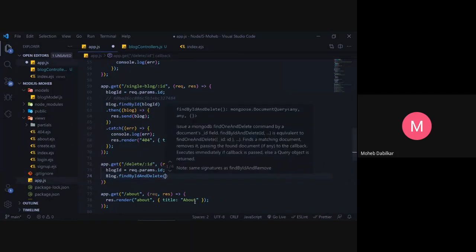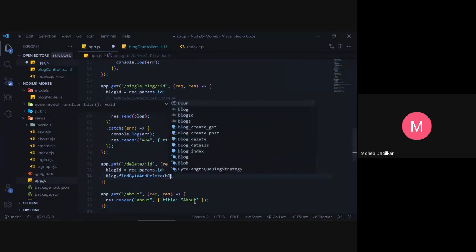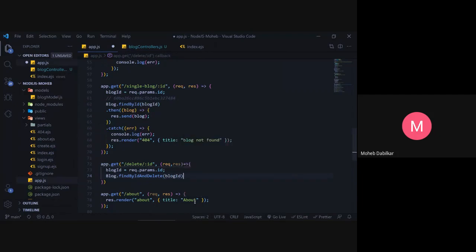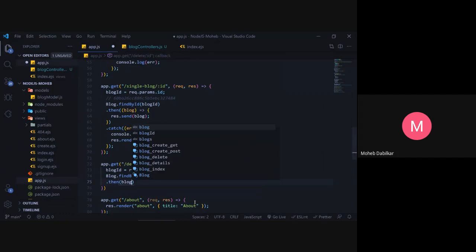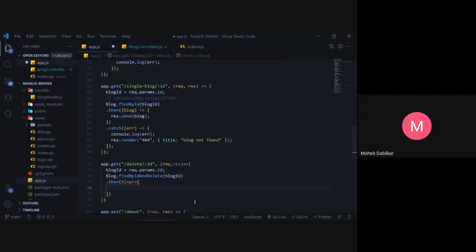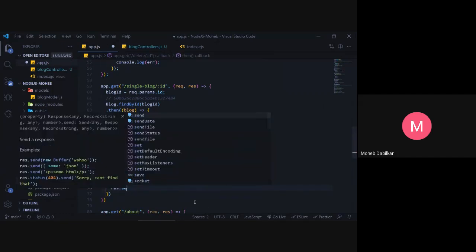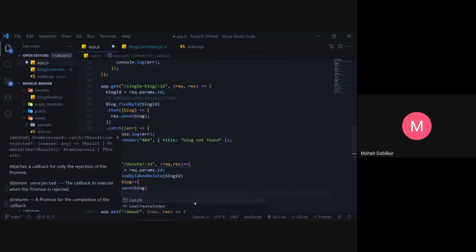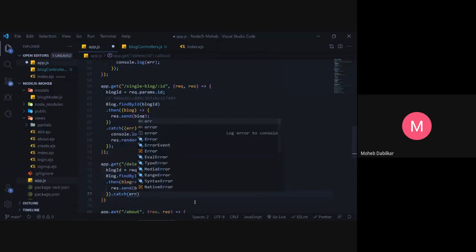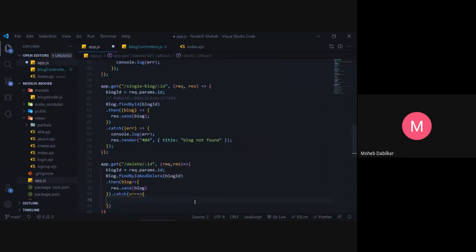Okay, and then we want to pass in the blog id, and then essentially everything is just the same. Then we get the blog, and then we will say res dot send blog, and then in catch we have an error, and let's just see if it works.